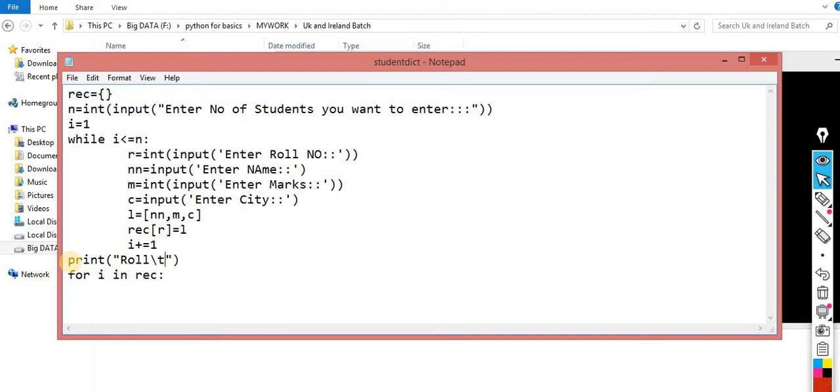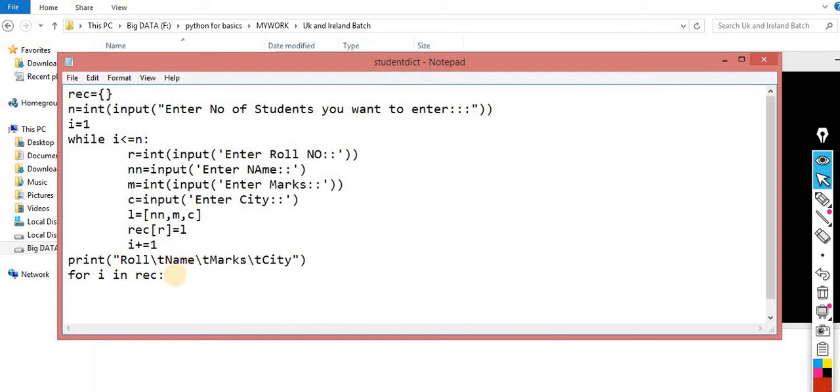Then name, again use tab. Then marks, again take tab, then city. I think that's it. So name, marks and city, I took these values. This is for the header, which will appear on the screen at the top of the records. You know very well these are basically the columns.